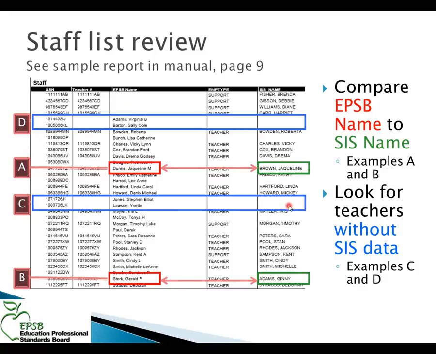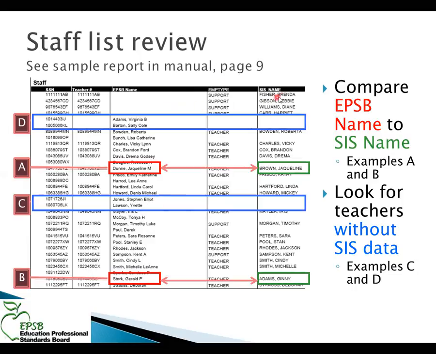But if you look at these blue boxes, we have some really big blanks over here in the SIS information. What this means for these folks is that they have shown up in your lead report through Munis only and are not there from Infinite Campus at all. There's nothing from IC for them. If they had checked this before Munis data got in, those teachers wouldn't have been there at all, and they would have noticed that they were missing.